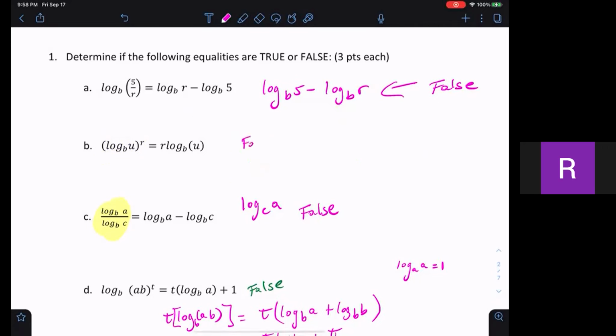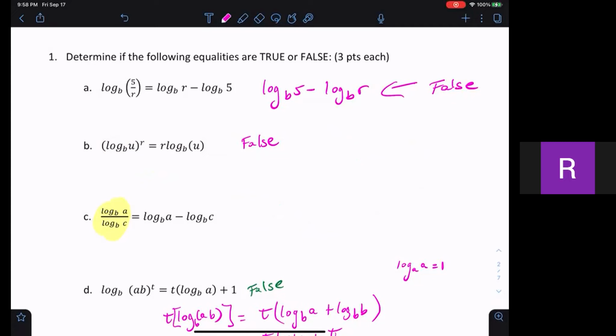It should be, if it was like log b u to the r, then you can say r log base b of u, then that would be right. But in this case, that's not right. So this is false. Okay, the second one, here we have